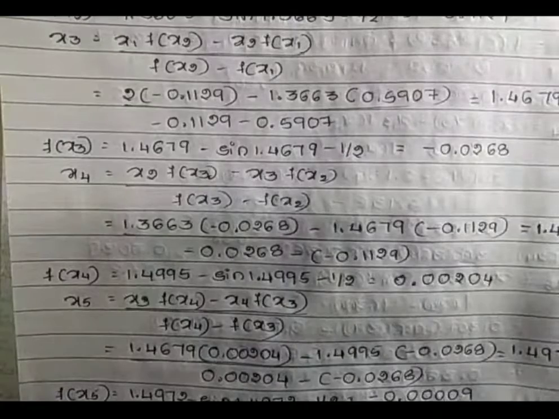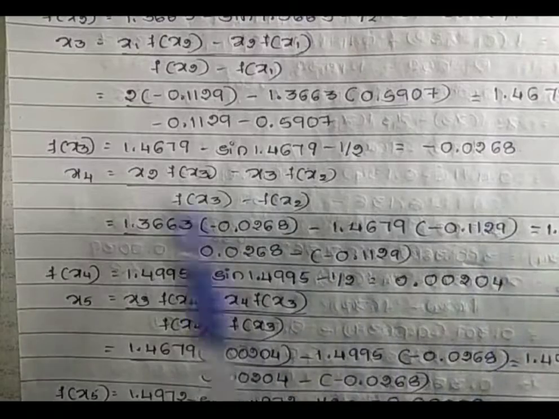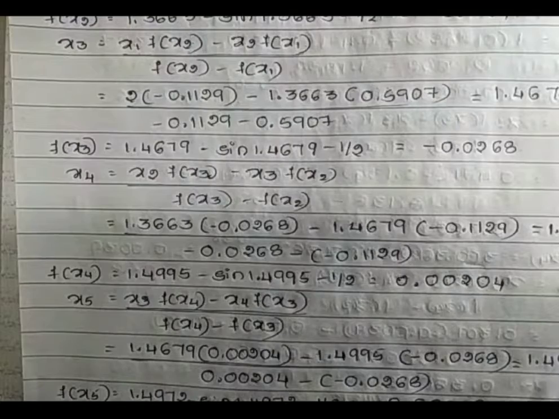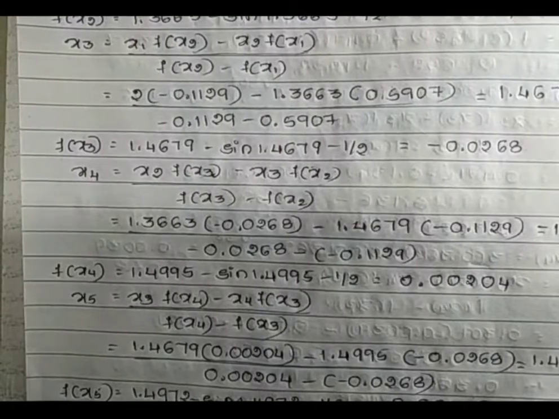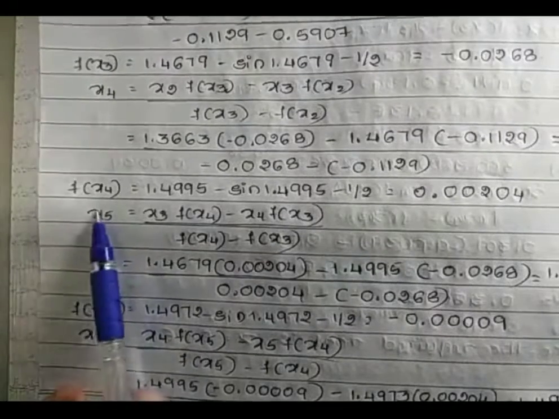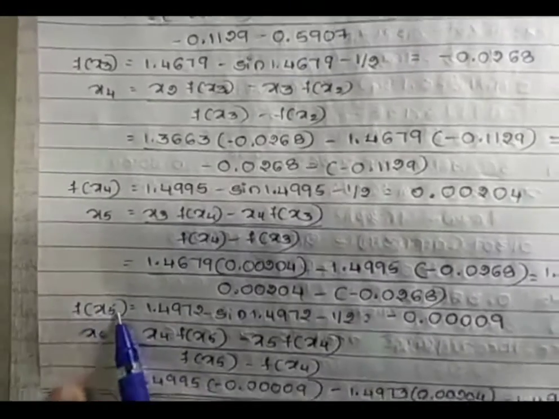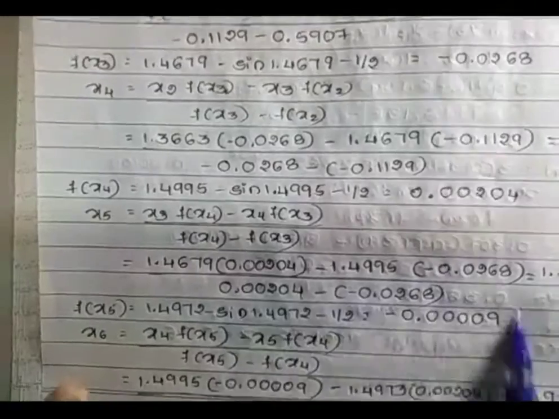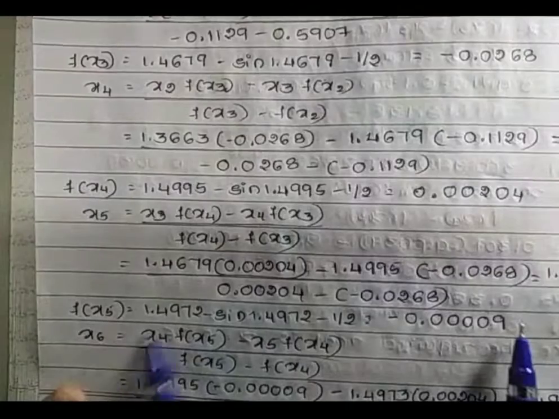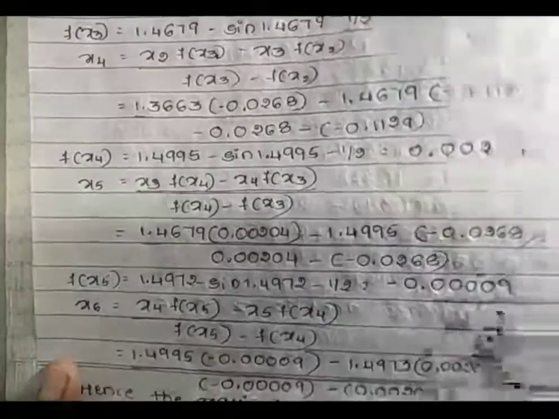We will get 1.4973. So here two decimals are same. So the x4 result is 1.49, the x5 result is 1.49. So up to 2 decimals we have got the similar value. So next go for x6. Sorry, first calculate x5, then calculate its function answer also, that is f of x5. Substitute, simplify, then it is minus of 0.00009. Then for x6 using the formula, if we simplify, then we can observe that we'll get the answer as